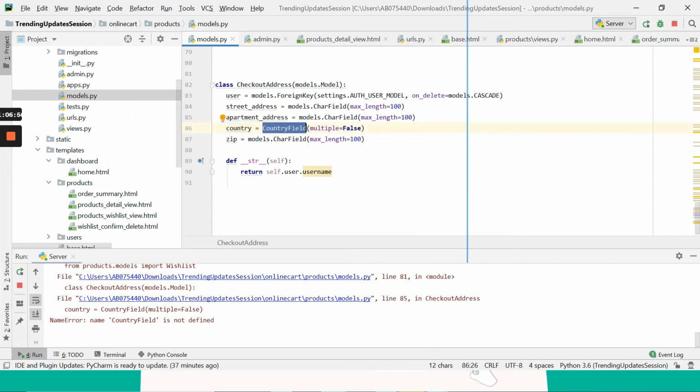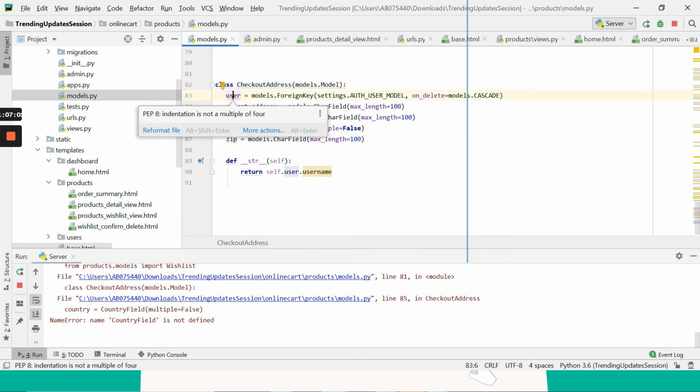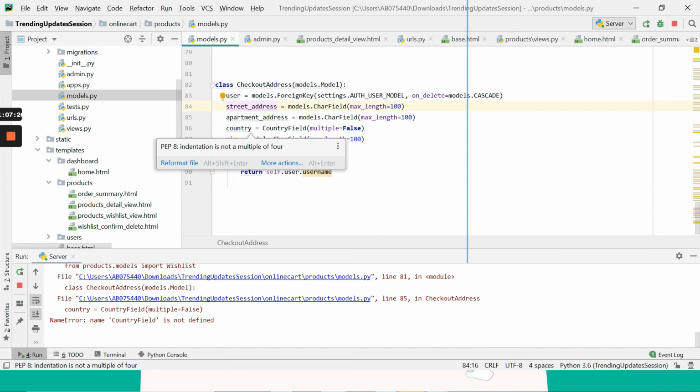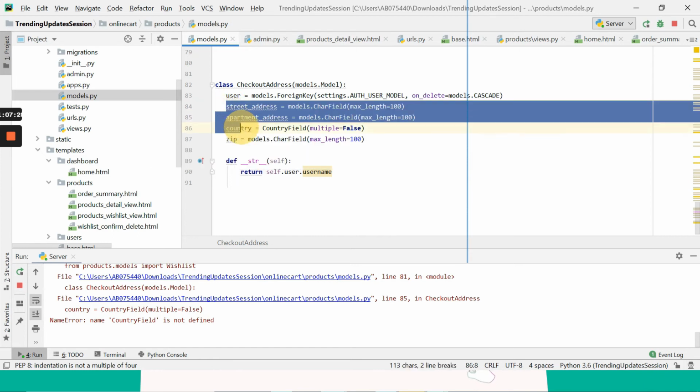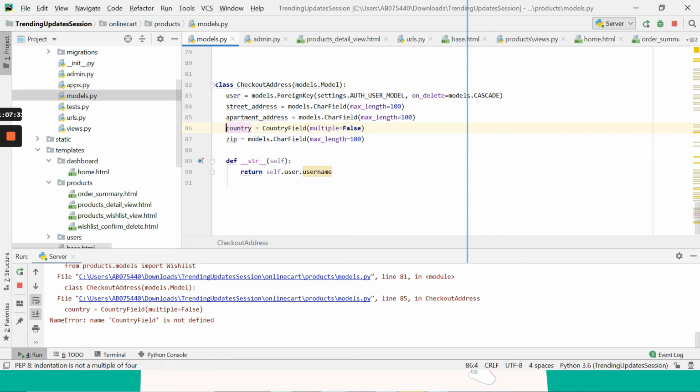What fields are required in this? First thing, for the checkout address, which user's address we are going to store. We are going to use that as a foreign key. Then street address, apartment address, just the fields. If you want to have multiple fields, you can add them over here. You can also have contact details, but under the user section you will always have the contact details, so you don't have to worry about having them here. Here you can simply have state, country, zip, pin code, and such kind of things.